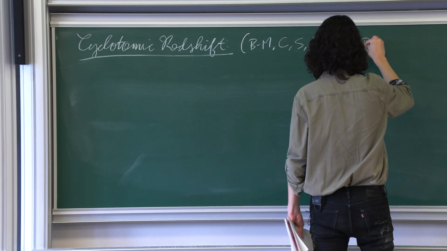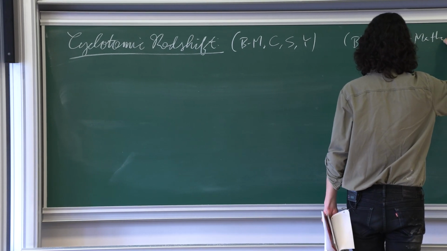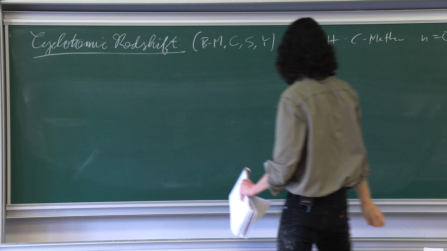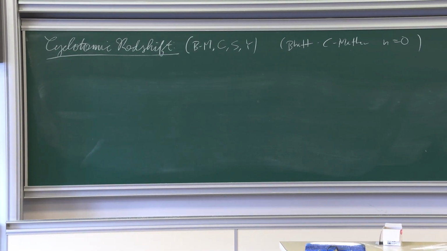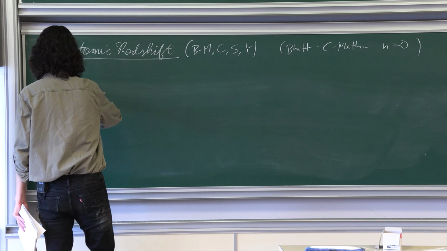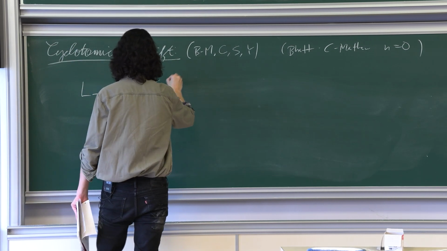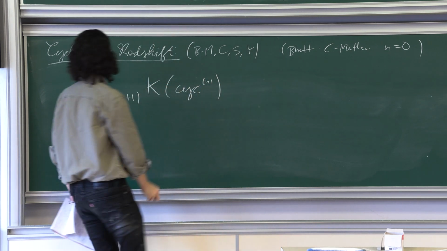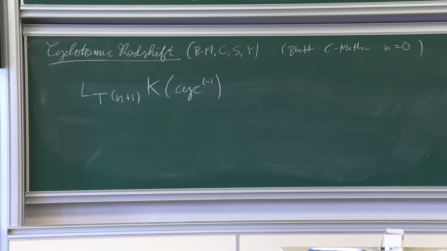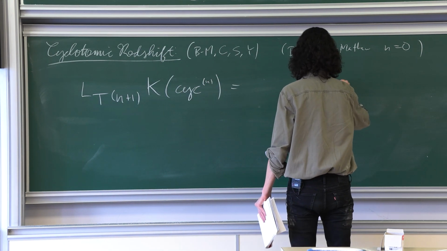I guess it was Bott and Clausen and Mathew for n equals 0, so they're generalizing some classical result. If you take the T_{n+1} local K-theory along the height n cyclotomic tower, which is what redshift tells us we're supposed to be considering, you basically get the (n+1)st cyclotomic tower,